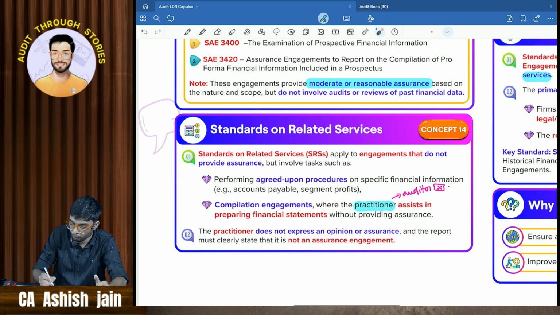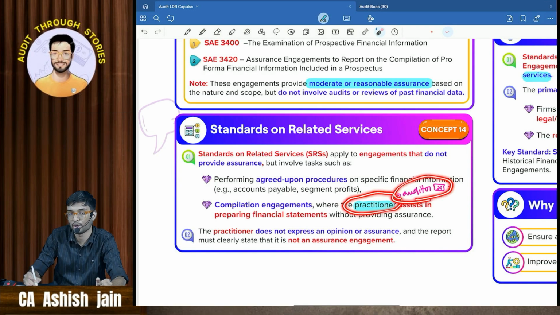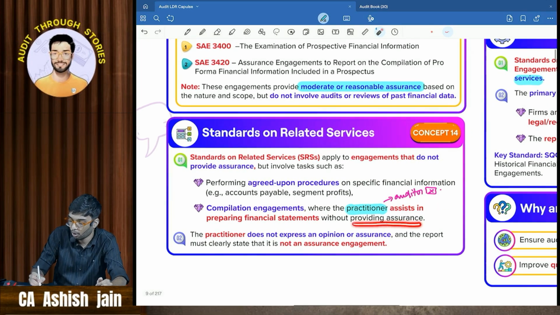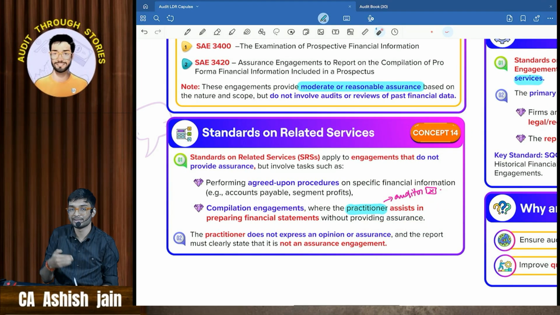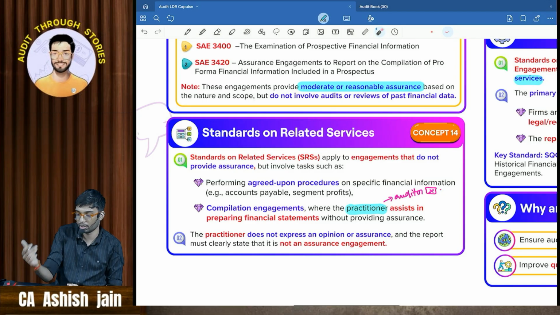So here you will be performing agreed upon procedures. Compilation engagement is nothing but the practitioner, use the word practitioner, not auditor, will assist in preparing the financial statements without providing assurance. Who? Practitioner, not the auditor. Usually both are the same person, but while drafting the standard they have used the word practitioner, so it will be better for you to use this word so that even the ICAI